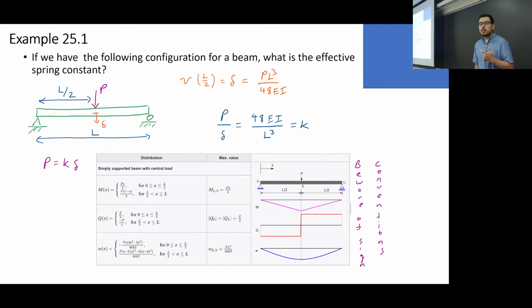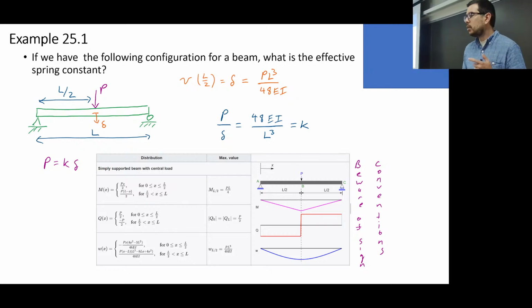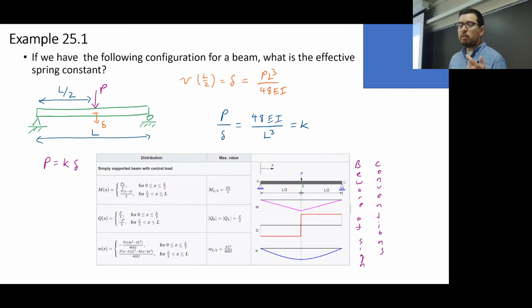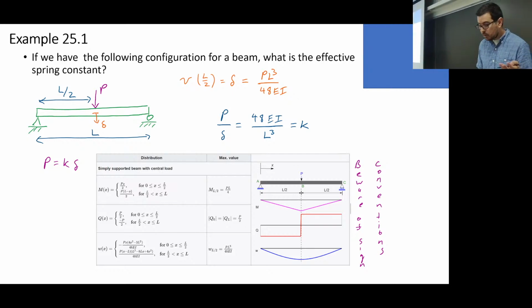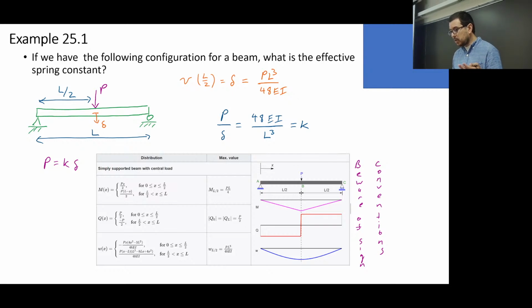And you notice a few things, right? Just like K is equal to EA over L for the bars, right? You can think about it, okay, if I increase the elastic modulus, right, that's going to make the K larger. If I increase the cross-sectional area, that's going to make the K larger. So now, here, I mean, we already talked a little bit about, okay, how do the properties of the beam